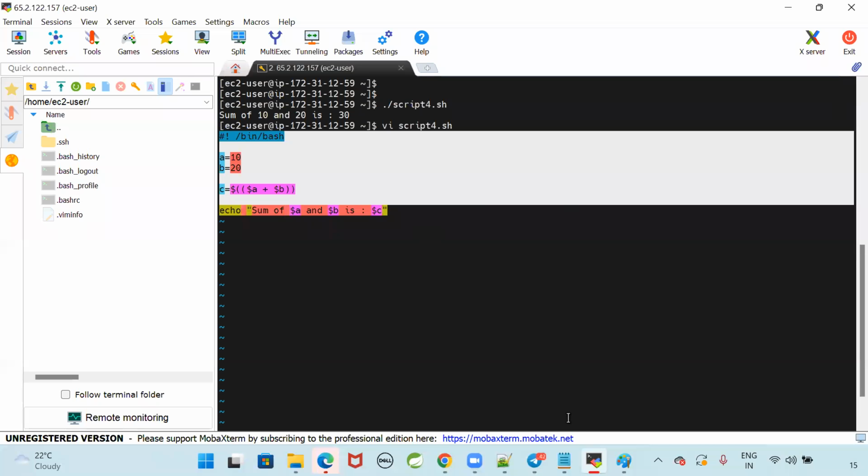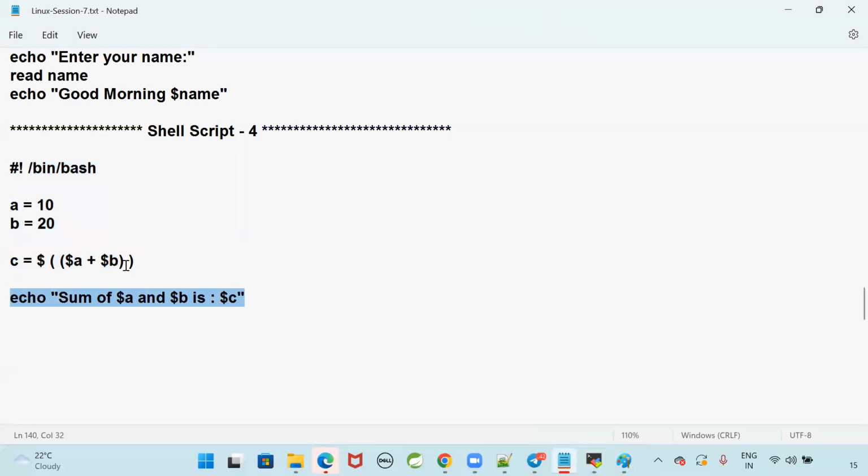This is our shell script which is used to perform the sum of two numbers. a is 10, b is 20, c is equal to $(($a + $b)). Echo sum of $a and $b is $c. It will print that. Instead of fixing the value for a and b,